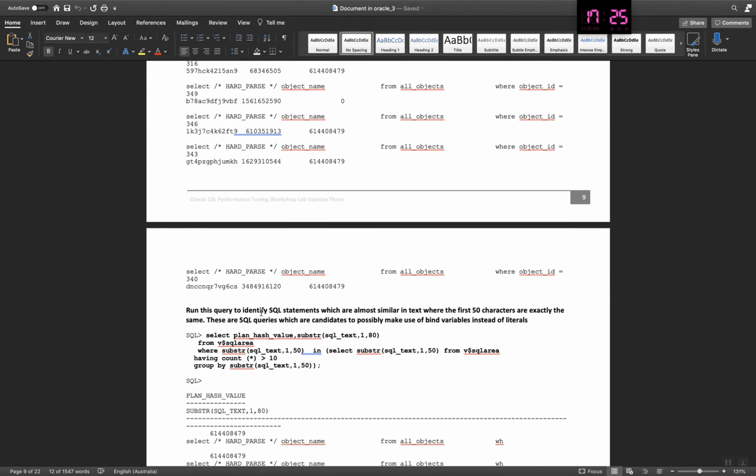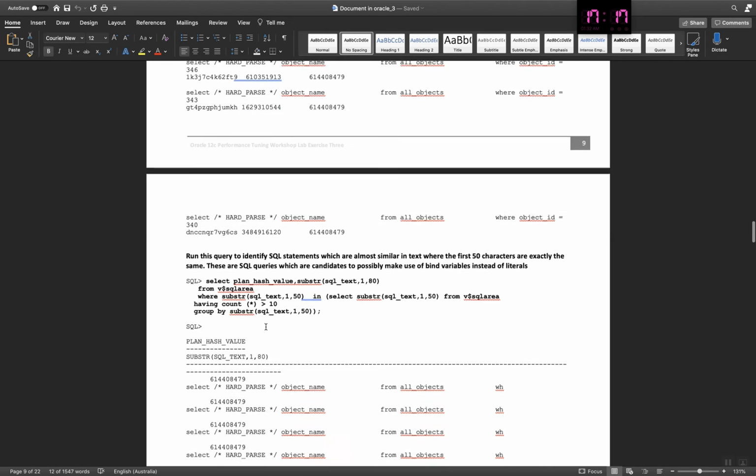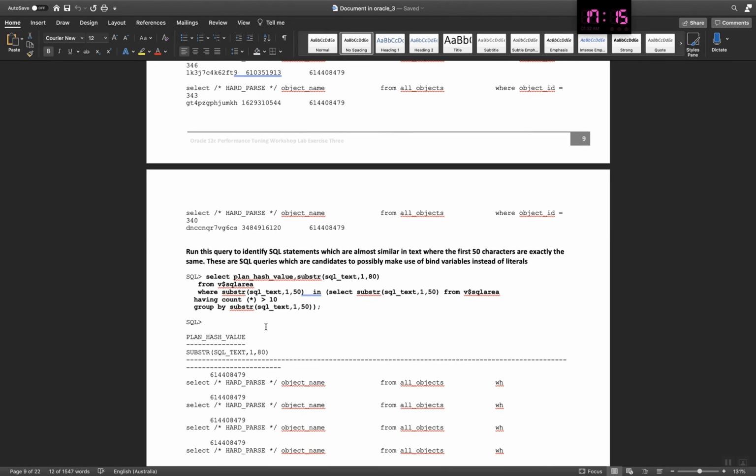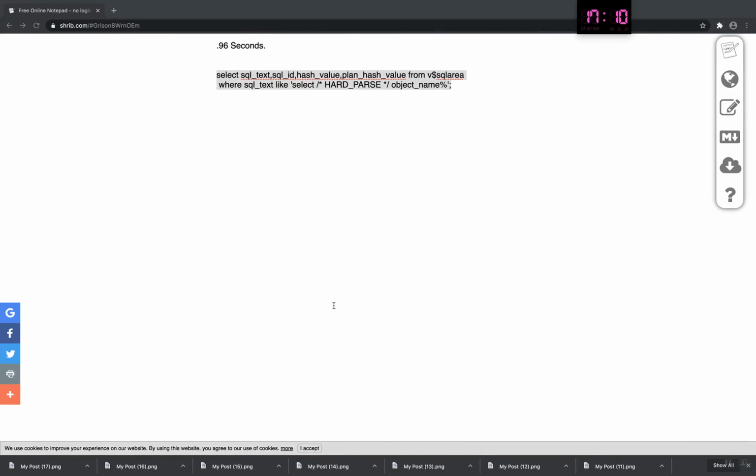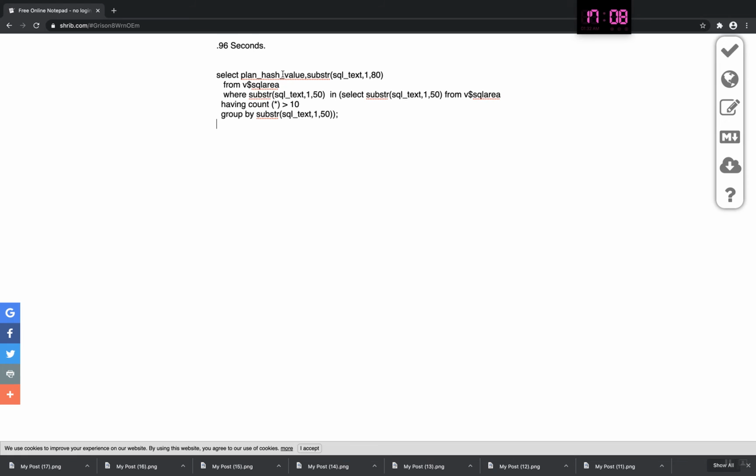Run this query to identify the SQL strings which are almost similar in text, where the first 50 characters are exactly the same. These are the SQL queries which are candidates to possibly make use of bind variables instead of literals. Okay, so let me try to put this query here. So it is saying select plan_hash_value, substr(sql_text, 1, 80) from V$SQLAREA where substr(sql_text, 1, 50) in select substr(sql_text...) having count, group by this. Okay, so there is a condition, and we are trying to find